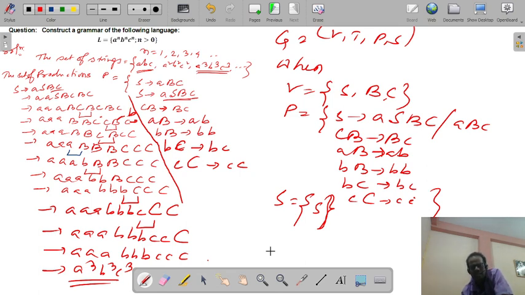Next we will discuss the different types of grammar, that is type 3, type 2, type 1, type 0. So this class was about how to convert a language into grammar.